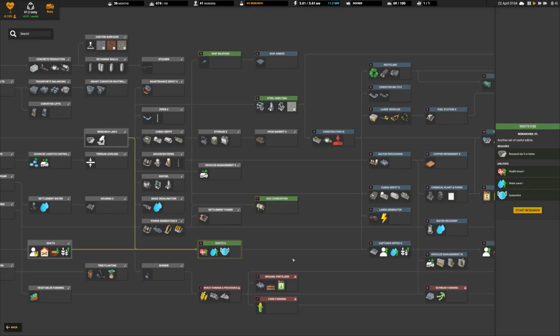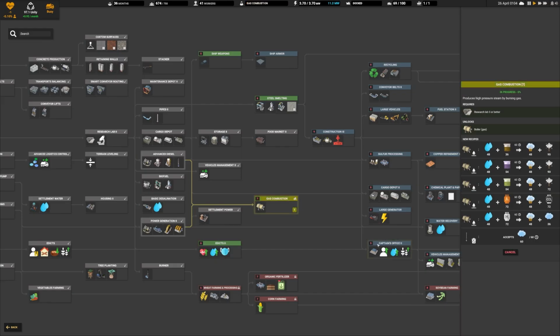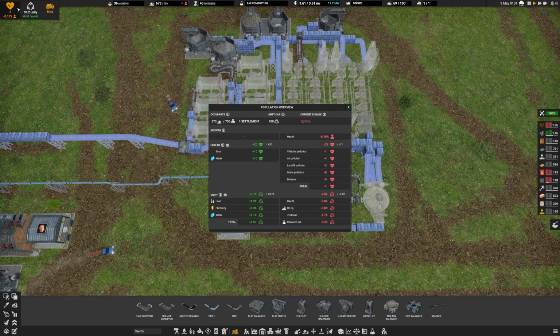So we're going to go here first so that we can get gas combustion going, because I want gas combustion for oil processing. And then why are we dying people? All of that's good. Okay, so vehicle pollution, air pollution, landfill pollution, water pollution, disease,